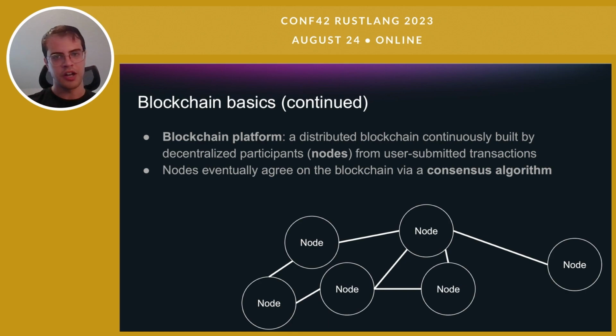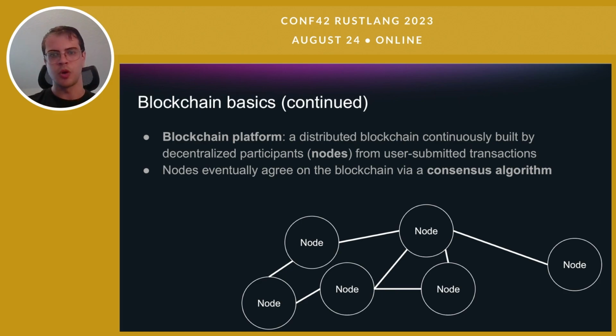But in a real blockchain platform, the blockchain is distributed and continuously built by multiple decentralized participants, the so-called nodes of the network, and the transactions are submitted by users. The nodes eventually agree on the blockchain that they're all collectively building up to some point using a consensus algorithm. Again, the details are not very important for what we're talking about here, but suffice it to say,